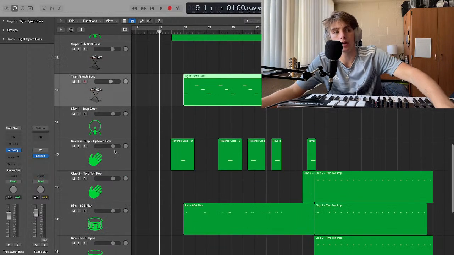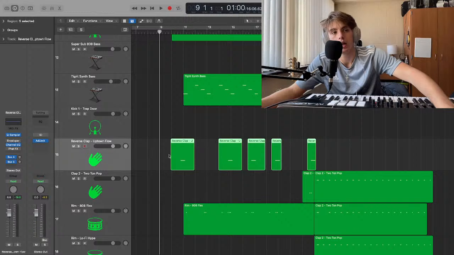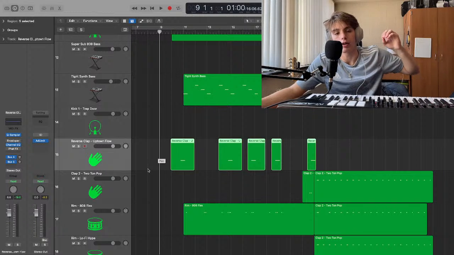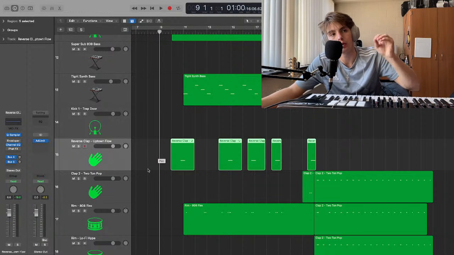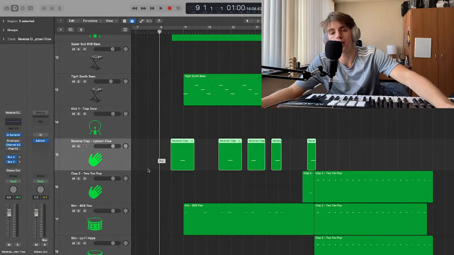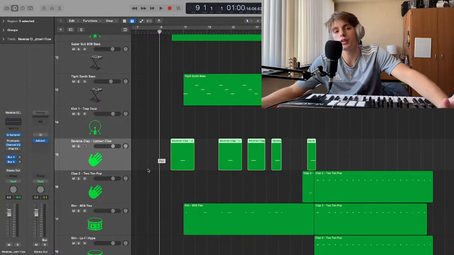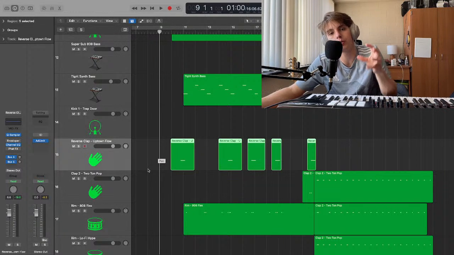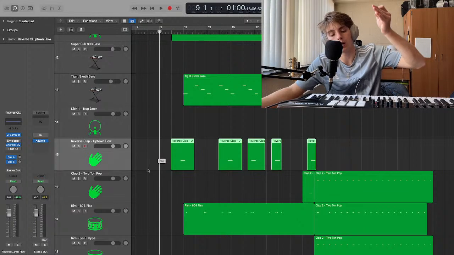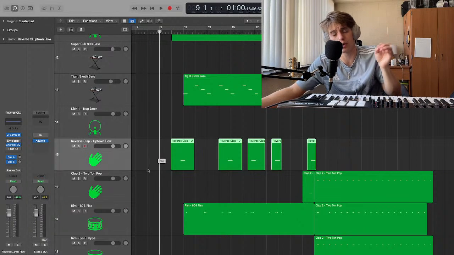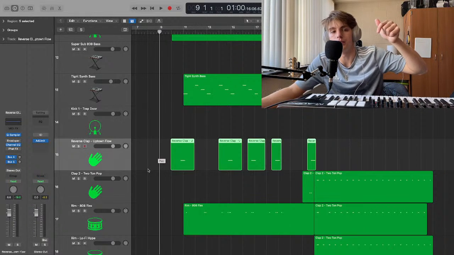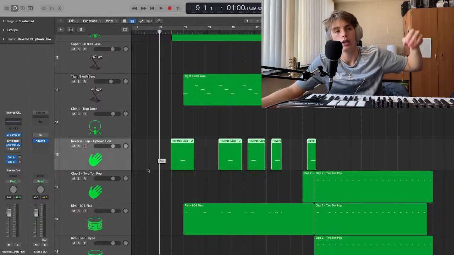And then the next thing is I have these little reverse claps, and as you can kind of hear when I played it earlier, it's like a fading in, like whoosh, whoosh, whoosh. For me, that was a really nice effect to add an almost electronic element, but it's not electronic. You can tell that it's fading into something. I usually place those little fade-in reverses right before the downbeat of the chord.